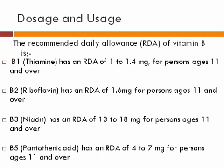Dosage and usage. The recommended daily allowance for B complex is as follows. B1, which is thiamine, has an RDA of 1 to 1.4 micrograms for persons ages 11 and over. B2, riboflavin, has an RDA of 1.6 micrograms for persons ages 11 and over. B3, which is niacin, has an RDA of 13, which is 1.3, to 18, which is 1.8 micrograms for persons